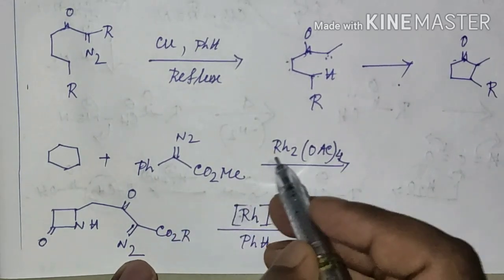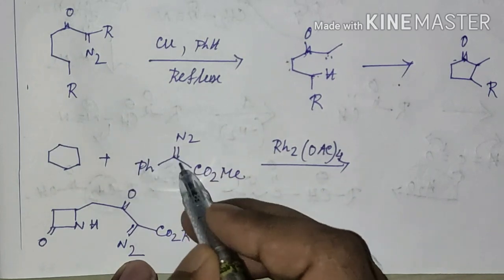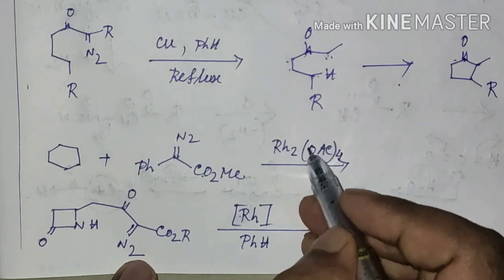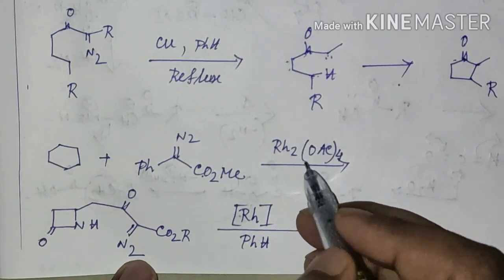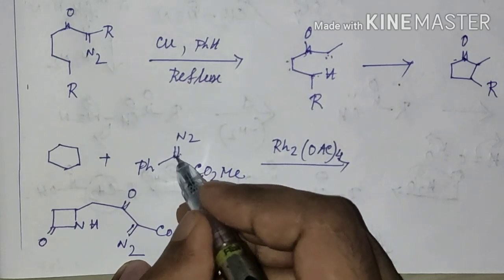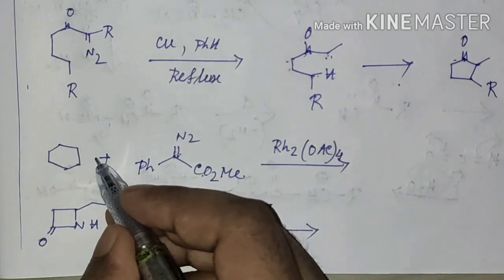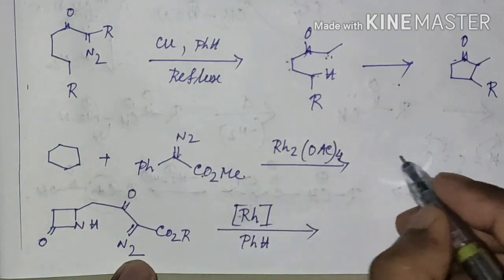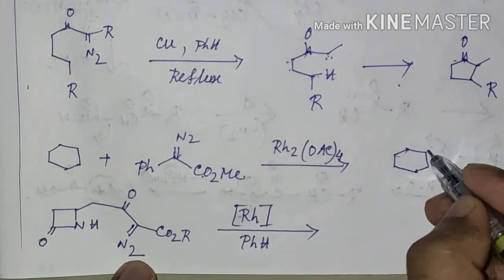Now similarly, here we can see that it is a diazoketone compound, and if it is treated with a rhodium catalyst, then it will generate its corresponding carbene, and that carbene can undergo insertion within a CH bond of this cyclohexane ring, and the final product will be